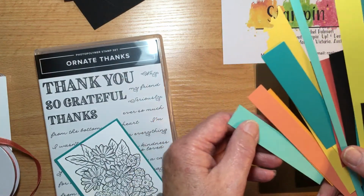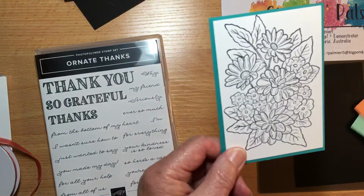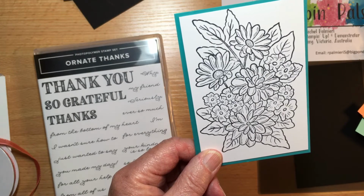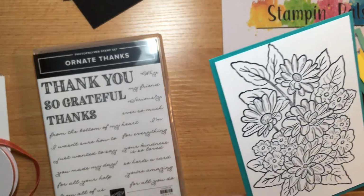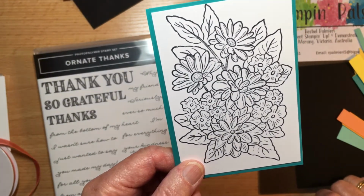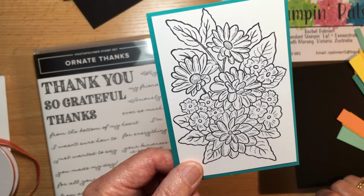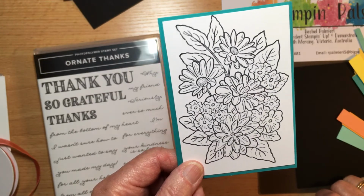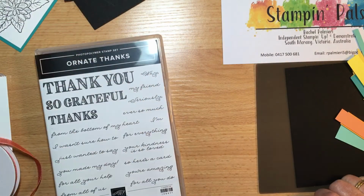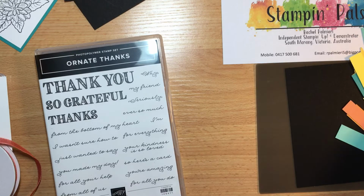So I started off, actually, I was going to colour this image from Ornate. Okay, I've had a mental block. Anyway, the Ornate Garden Suite, this image in those colours. And I may still do it. But I was thinking about the strip cards that Bruno Bertucci has shared recently. But then I remembered that there's just another way that you can actually...